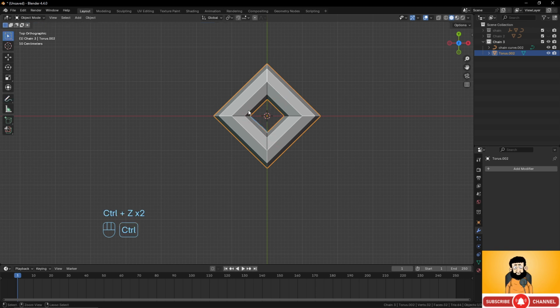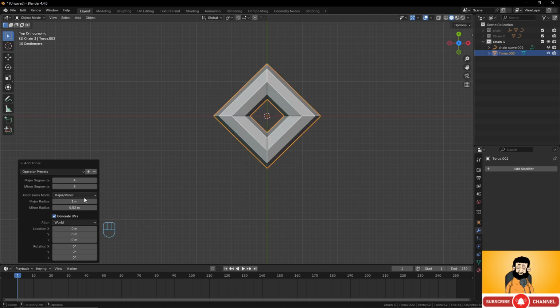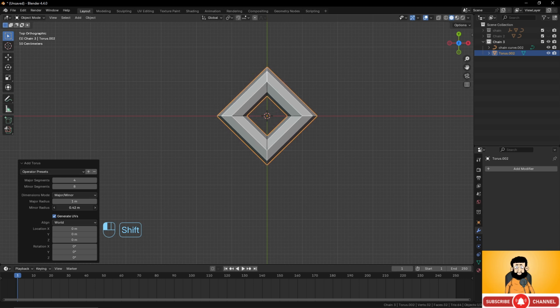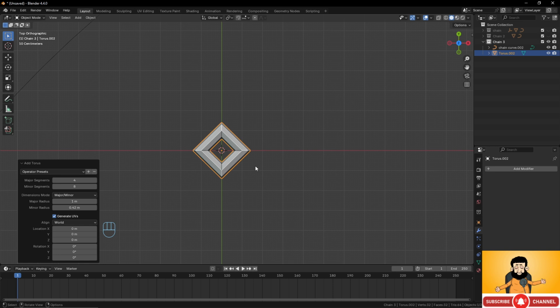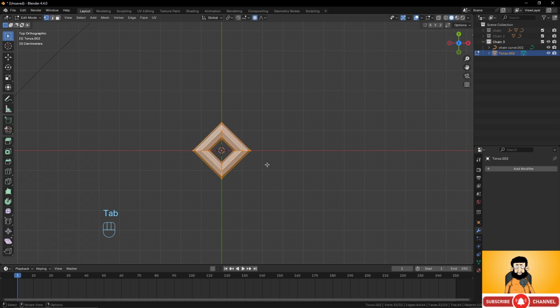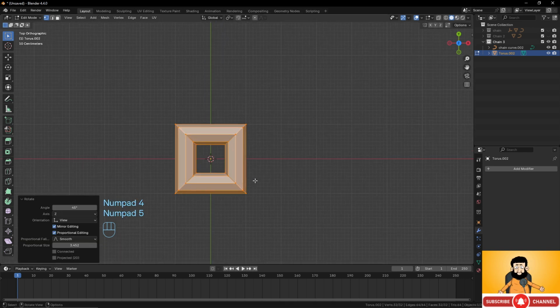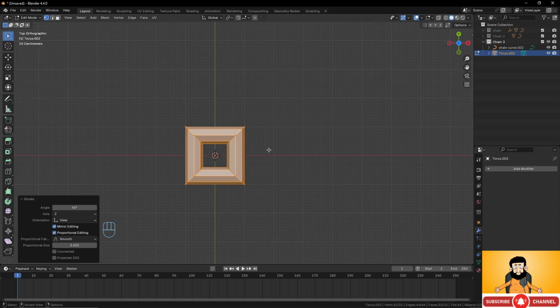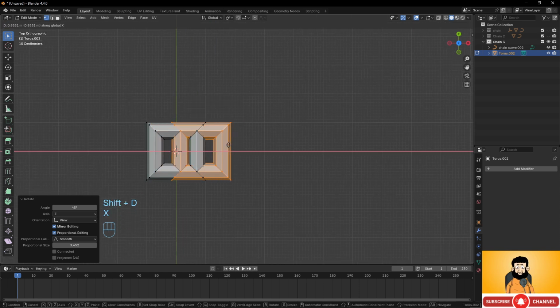So I will press Ctrl Z a few times and re-add this, because when I draw, I lose the options. And I come back here. This might be okay to work with. Perfect. So now I can make a squarish chain, and I go inside and make a 45 degree rotation, okay? So now what I would like is something with 3 little links and 1 big, okay? So what I will do, I will just press Shift A, Shift D into the x-axis,